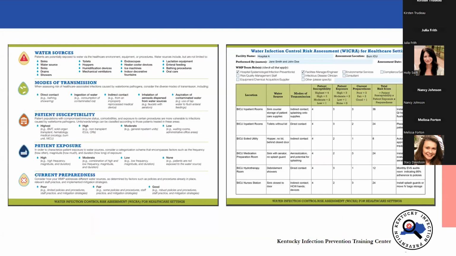So if I were to go through and do a WICRA for that particular image, patient susceptibility, it's a med-surg patient floor. So it probably wouldn't be as high, obviously, as our ICU patients. So potentially that'd be moderate patient susceptibility, but the patient exposure could be pretty high. Potentially, if I have infants that go into that room the majority of the time and I have no flushing process for my shower, and then a teenager is admitted, they're going to get a pretty high dose exposure potentially, especially if that loop exists.